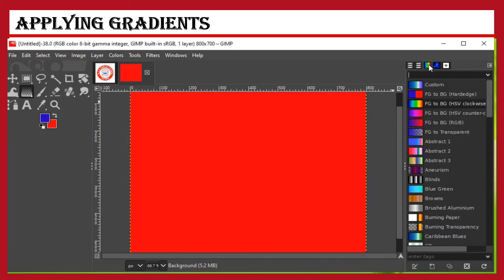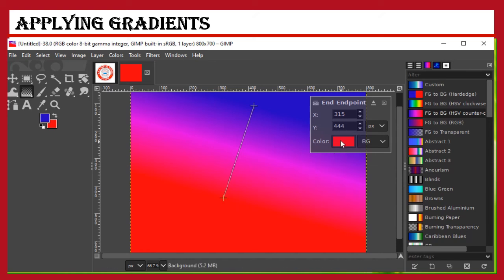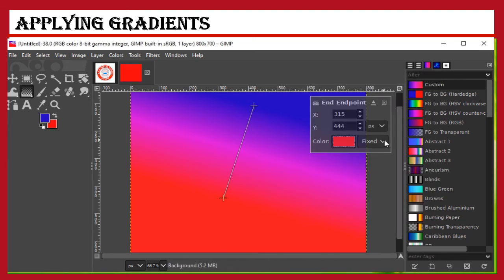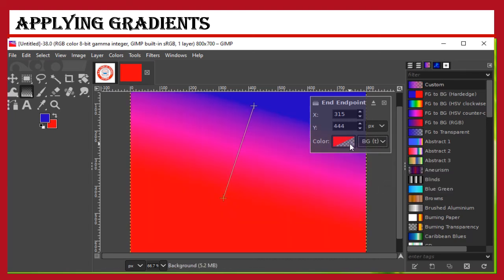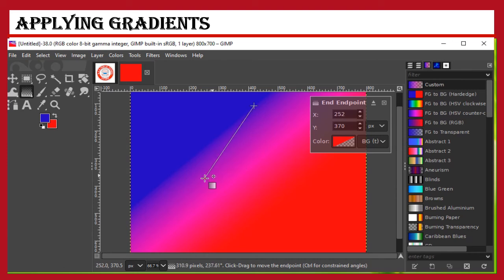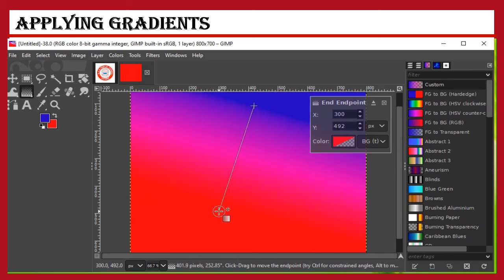So what you have to do is you can select the gradient, that is the blend tool, or you can also press the L key on the keyboard and specify the background and foreground color. You can select any of the required color and select the gradient. Click and drag on the area to apply the gradient. So like this you can click and drag on the area in order to apply the gradient. So like this you can blend two or more colors, children.